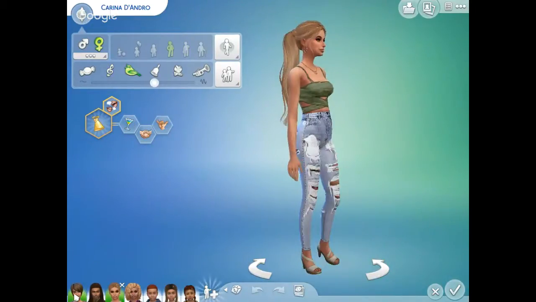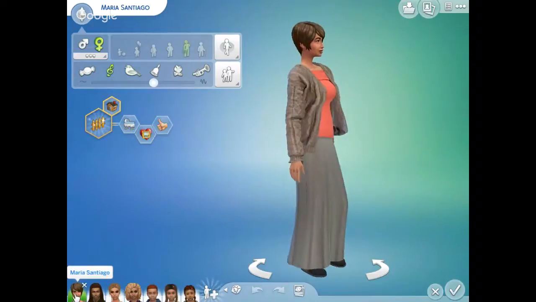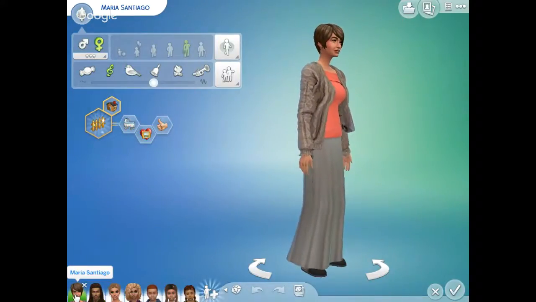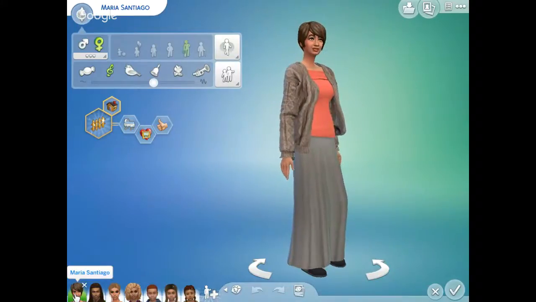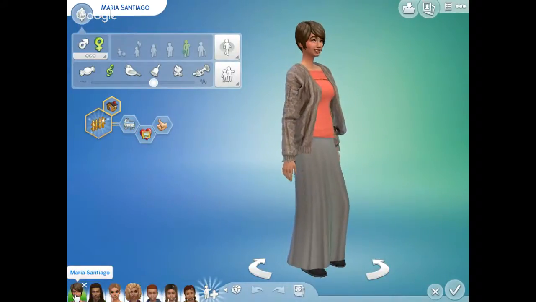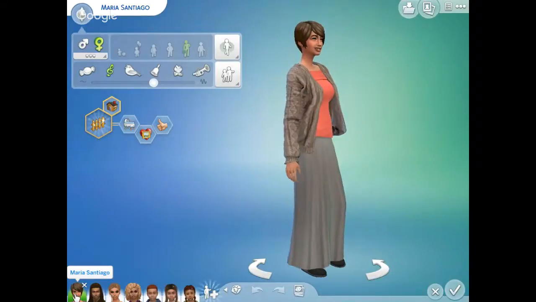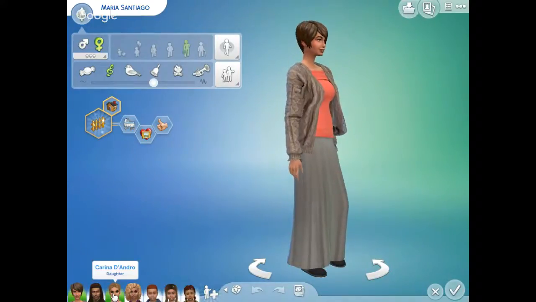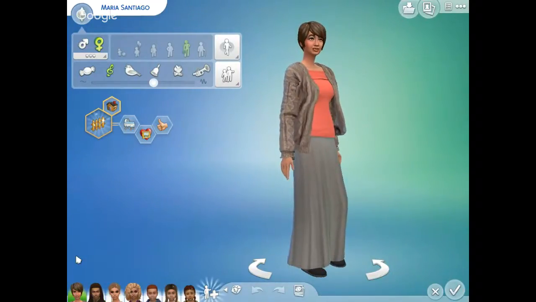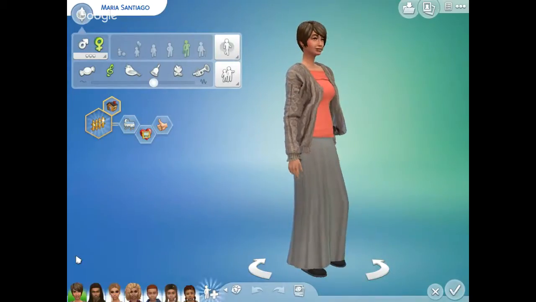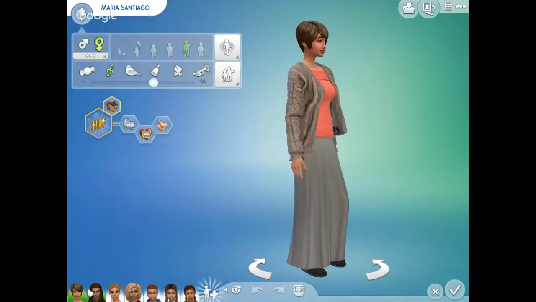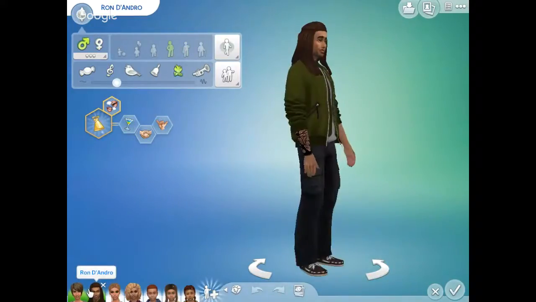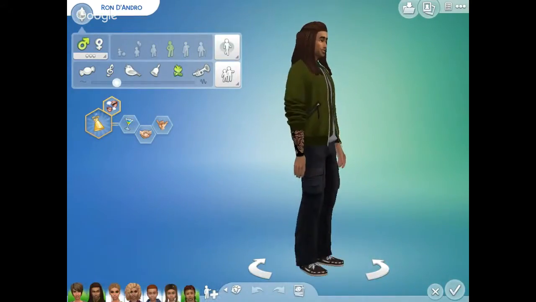And Maria was a teen mom. So she had Karina when she was a teen, and that's why she's only an adult and not an elder, and Karina's only a young adult and not an adult. So basically, Karina has an unknown father. But Tanya's father sticks around, I guess. And they had 3 other kids.